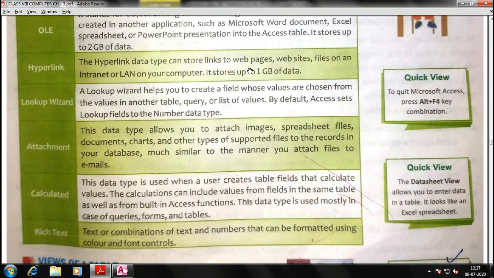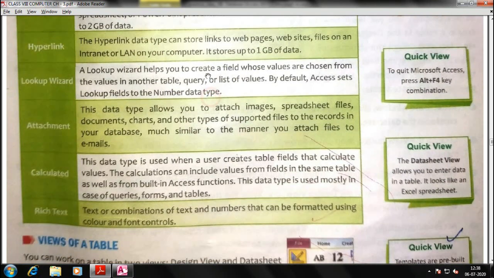Hyperlink, you know, creates links to web pages, right? And for this, files on an intranet or LAN on your computer must be there, and it stores 1 GB of data. Means a hyperlink can store up to 1 GB of maximum data, right? Lookup wizard helps you to create a field whose values are chosen from the values in another table, a kind of searching technique, right?